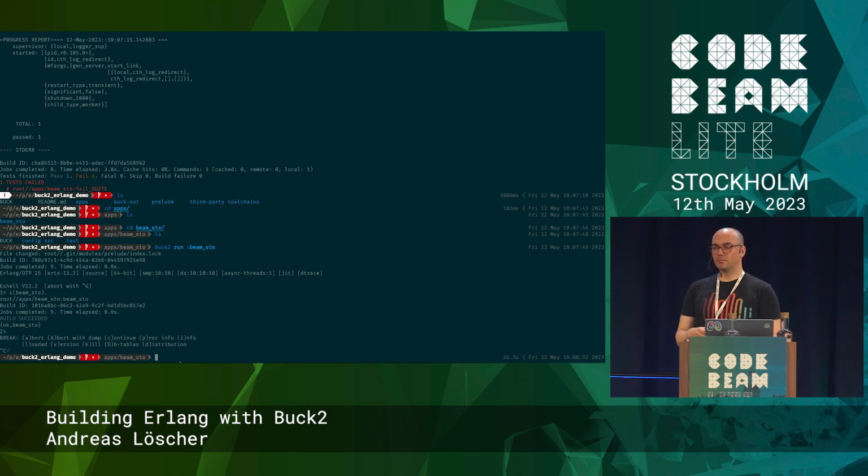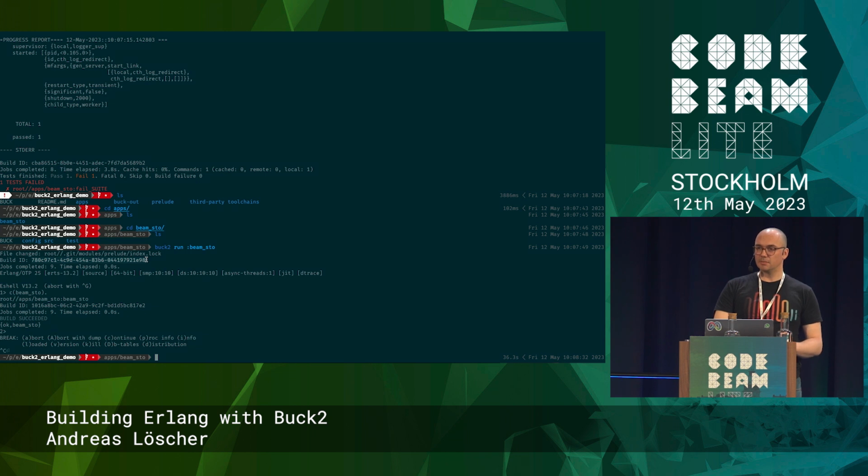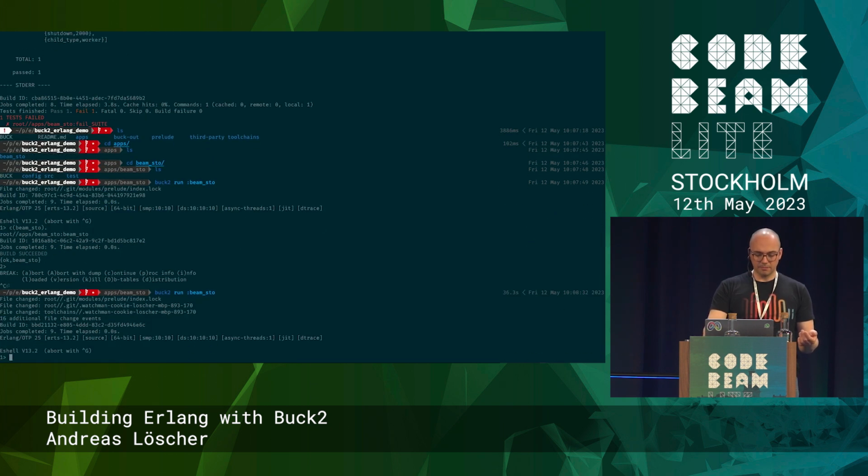It's in your own OTP, or? The build ID is what Buck outputs. It says like this build is identifiable by this build ID. No, I mean in the Erlang shell when you compile the file. Yeah. So if you compile the file,